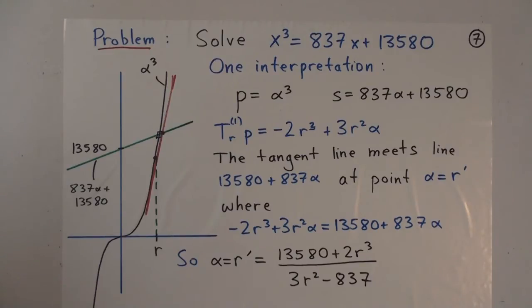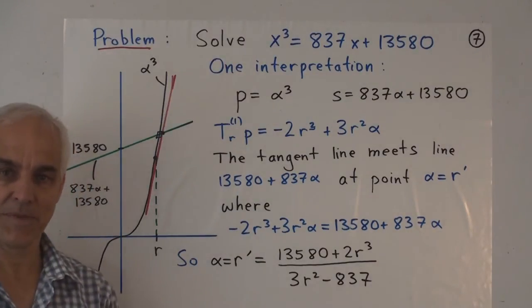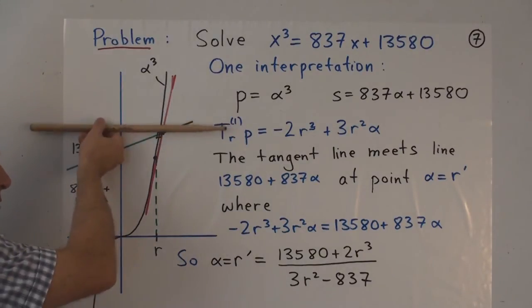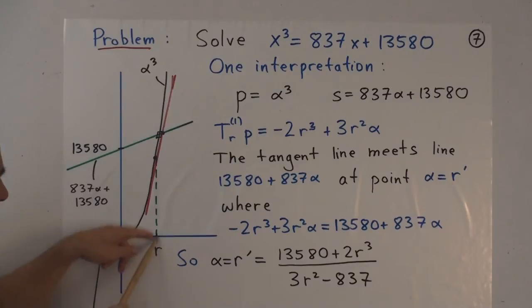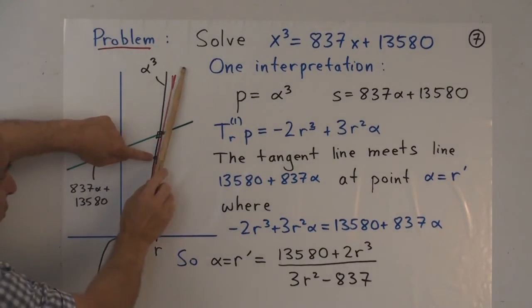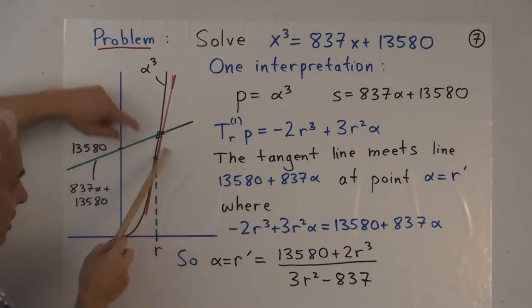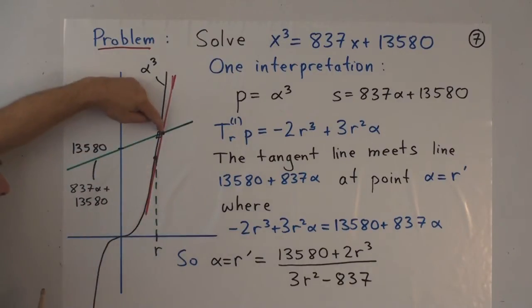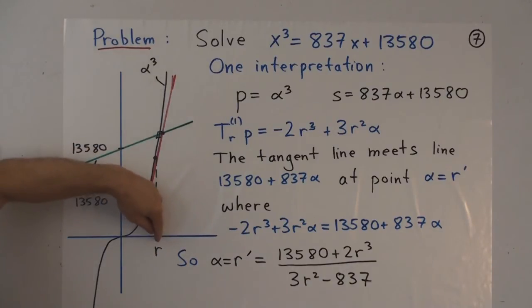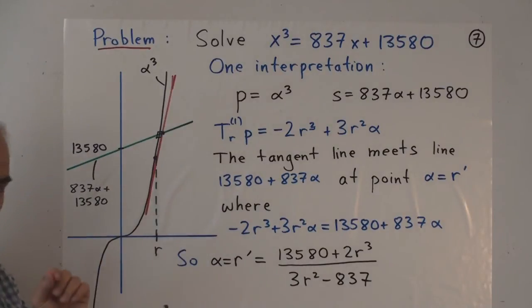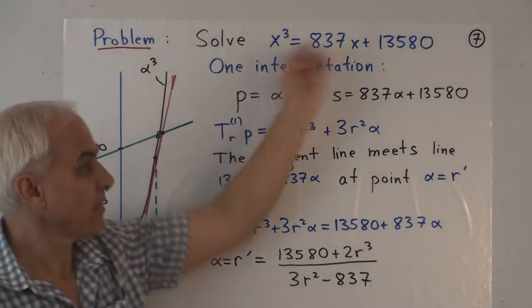Okay, well, Newton's method allows us to tackle this kind of question. Even though, again, this is not a horizontal line as it was in our earlier attempts, still the basic idea works. We can still make an approximation, start with some approximate value r here, look at the point on the curve, compute the tangent, and then see where that tangent line meets this green line. And then drop down, that's going to be your new approximate value. And then you carry on, you iterate starting with that new value. And hopefully these values r1, r2, r3, and so on will more and more approximate a solution.